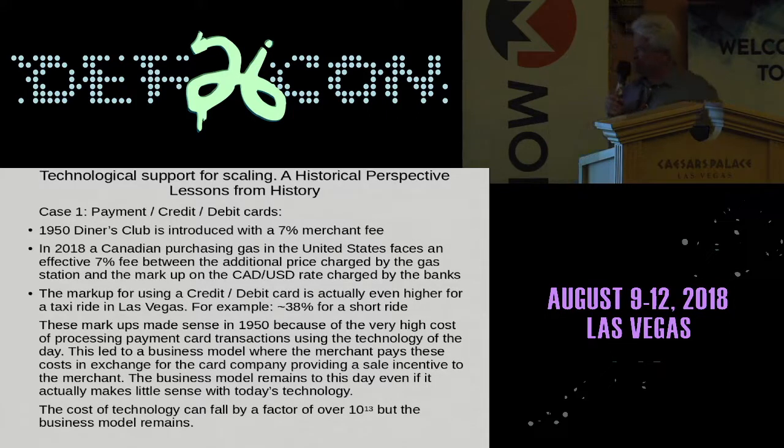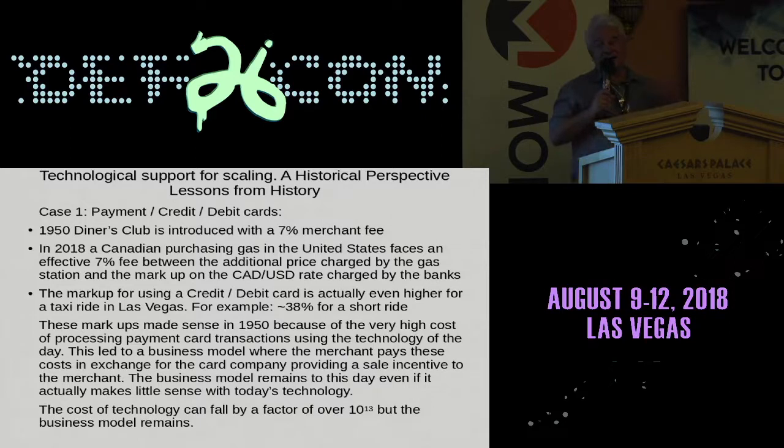But here's the interesting thing. I'm a Canadian. I live in Canada. And I would have purchased gas with a Canadian credit card here in the United States. My cost would be roughly 7% today. Why? Because I would pay 3% to the gas station. Every gas station basically charges a 3% surcharge for using a credit card. And then an additional 4% on the spread between the Canadian and US dollars that is just charged by the bank and the credit card companies.